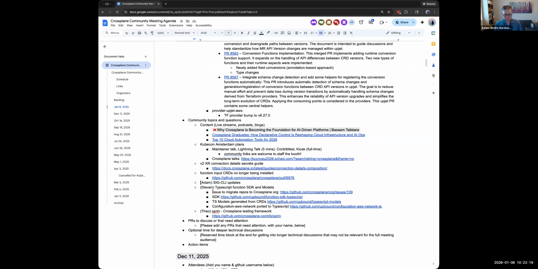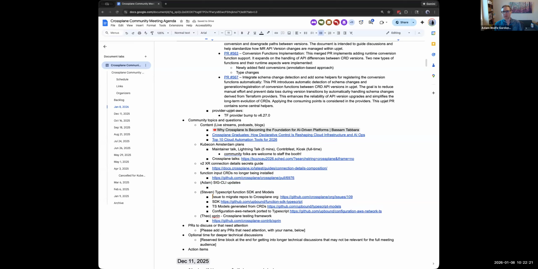I am starting to work on moving the CLI out of the core Crossplane repo. And we kind of decided to do that as a prerequisite to building more DevX stuff into the CLI, for a couple of reasons. For one, I think it will let us move a little bit faster on the CLI side and decouple our release cadence and development cadence in general from the core of Crossplane. The CLI, I think, should be able to move a little faster given where it sits in the world of software. So that's part of the reason.